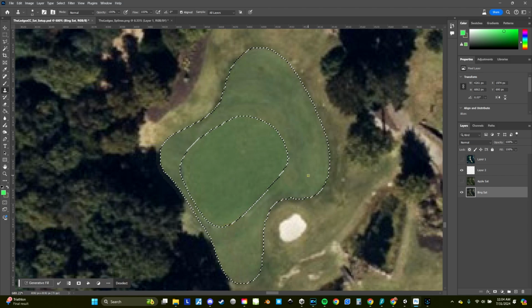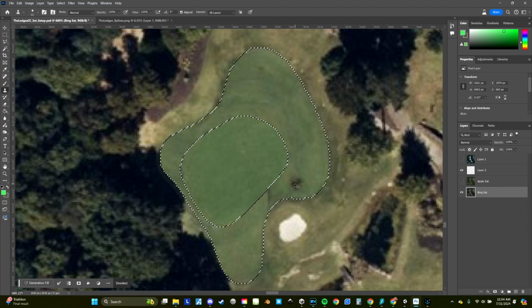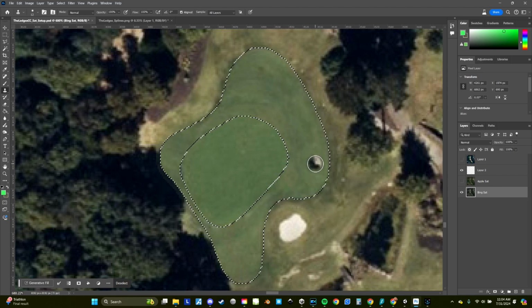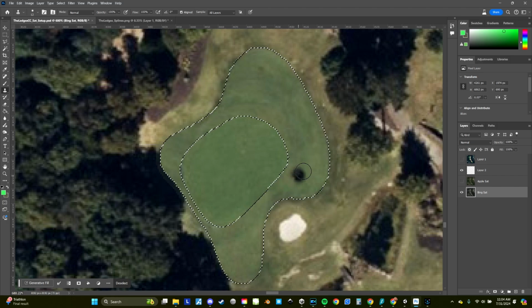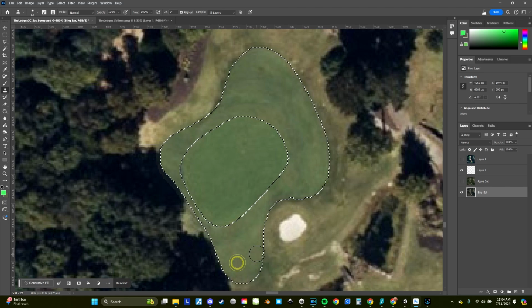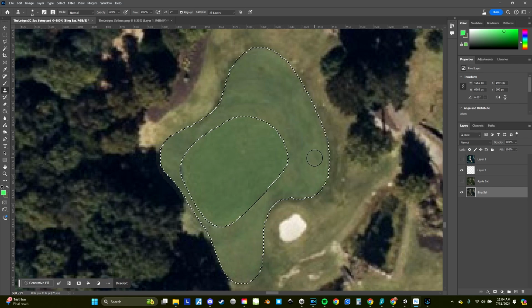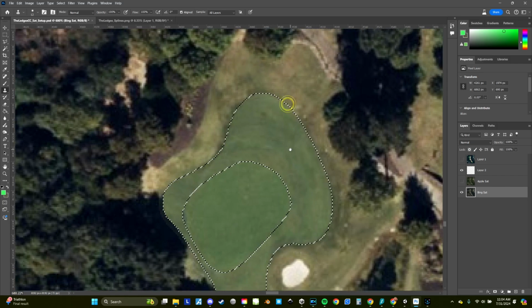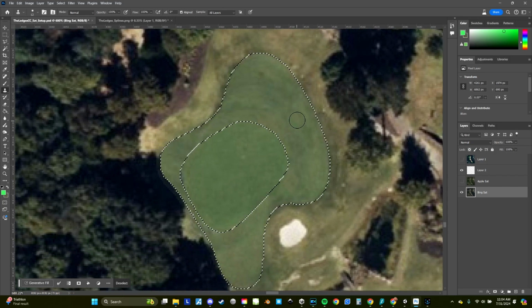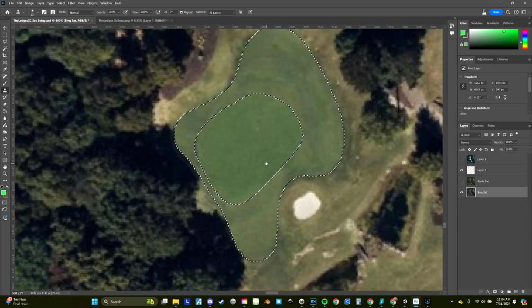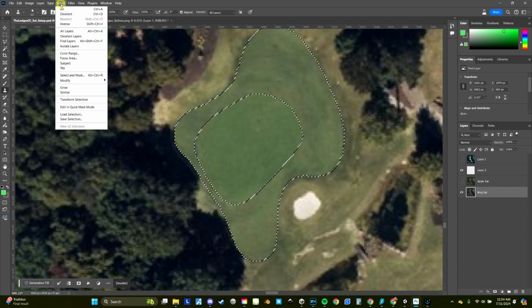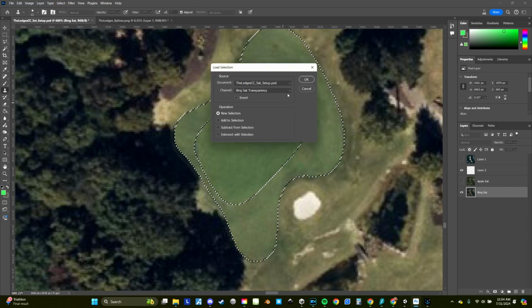All right, so let's grab that. And I like to do it from a variety of places, so you don't start seeing repeating patterns and things like that. All right, that's pretty good. That just feels pretty decent. So that was the fairway on this hole. You can see it's a little dark back here. Grab that. All right, now if we switch and we load our rough,